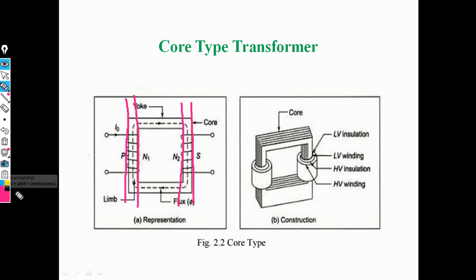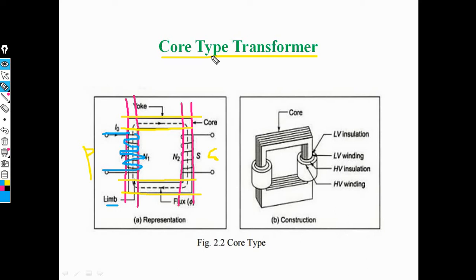Okay, now the transformer consists of two yokes. Now these are the yoke sections. That means a single phase transformer consists of two limbs and two yoke sections. Okay, now here this is the primary side and secondary side. In a core type transformer, the windings are placed on the limb section. These are the windings here. Winding placed on the limb section is called a core type transformer.